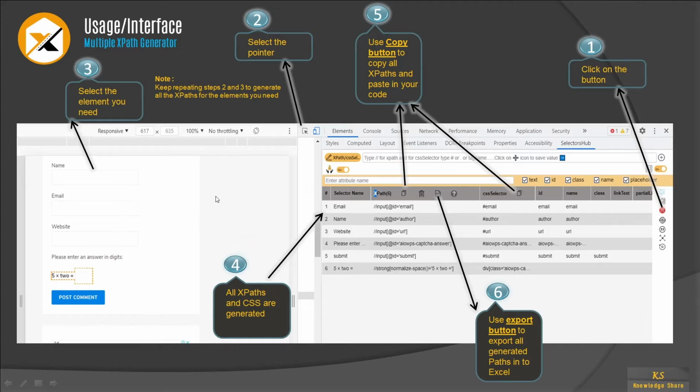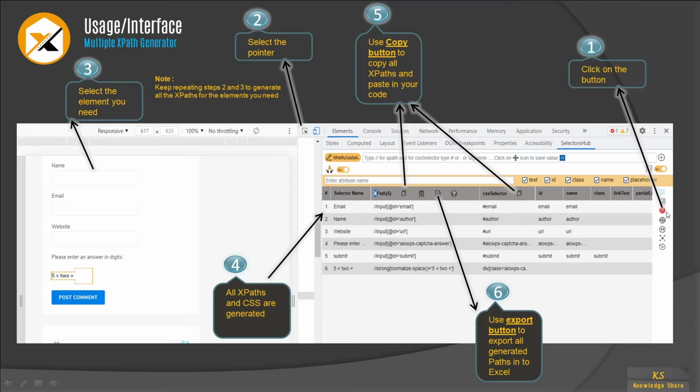So as I said, you see, I have given a screenshot here. For example, name, email, website, and I need to capture all these text boxes. What I'll do generally is take one, then copy, and again come to one, copy, like that, right? But if you want all these to be exported somewhere for future reference, or if you want to use this in your code frequently, it is fine if you have one element, but what if you have thousands of elements or hundreds of elements on a web page? It's possible in different applications. So in that case, this feature will definitely help you.